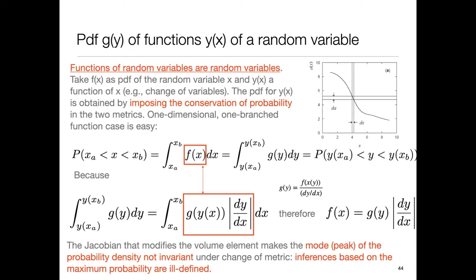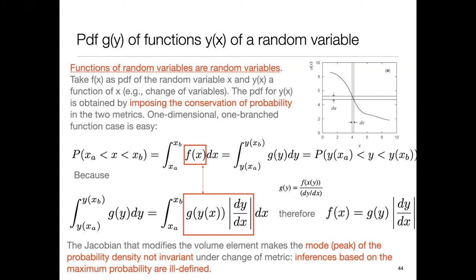And this should be equal to the integral between Y calculated at the point XA and Y calculated at the point XB of the unknown PDF G, which is the one I'm trying to find, that is the PDF of the variable Y. So if you do a little bit of algebraic massage, you will see that in the end,